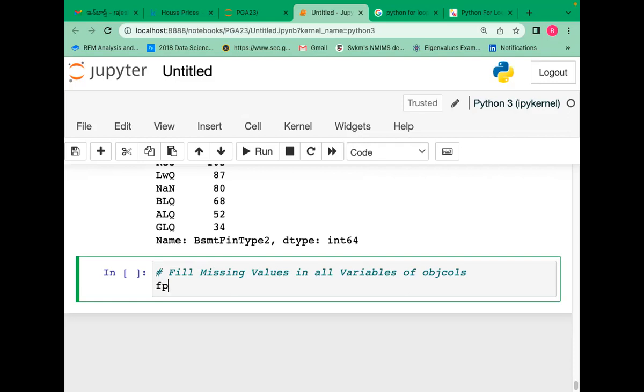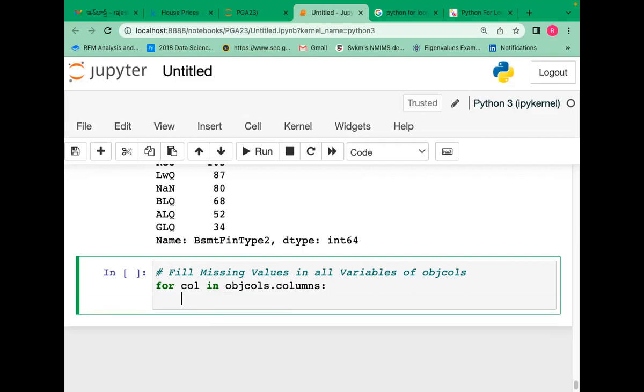For call in object calls dot columns. Now object calls dot columns will create a list of names, right? It will create the list of variable names. Object calls square bracket call is equal to object calls square bracket call dot fill na